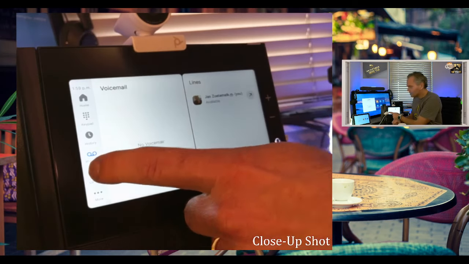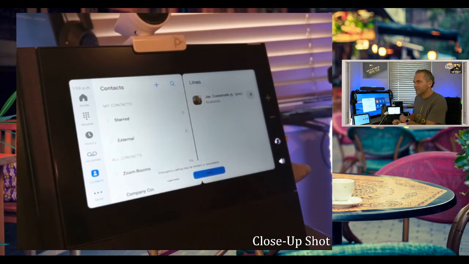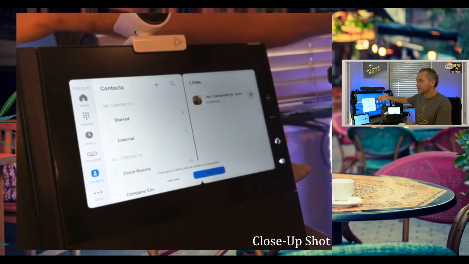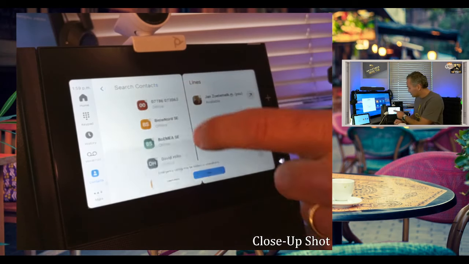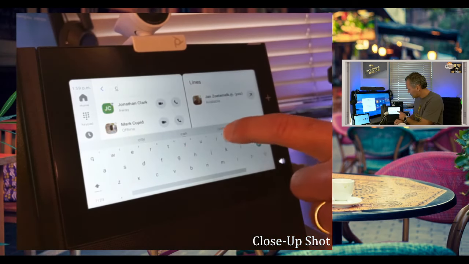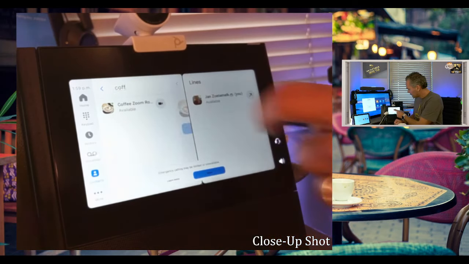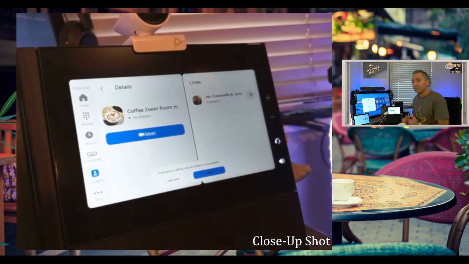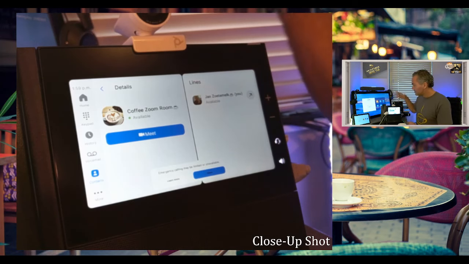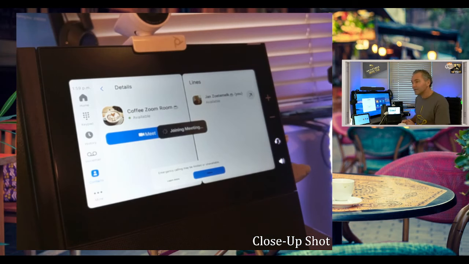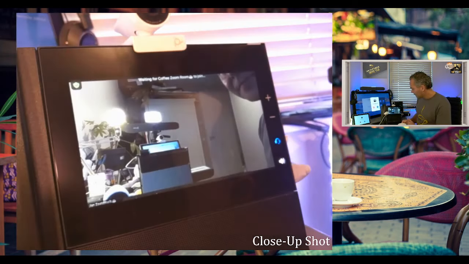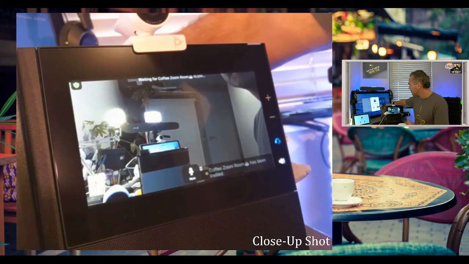Yeah, and we got contacts available here. So here you can, for example, dial to a Zoom room. So I have a Zoom room right here. So from your contacts, not only persons, but can also be a Zoom room. So let me try to find a Zoom room right here. Here you go. So you can search for it, and now you can have a point-to-point call between this device and the Zoom room. So let me call now and dial to this Zoom room right here. Here you go. Let me pick that up